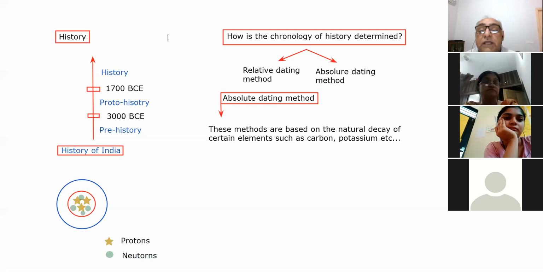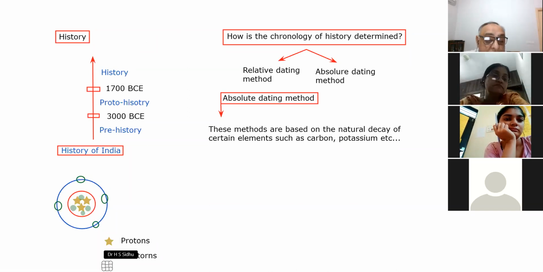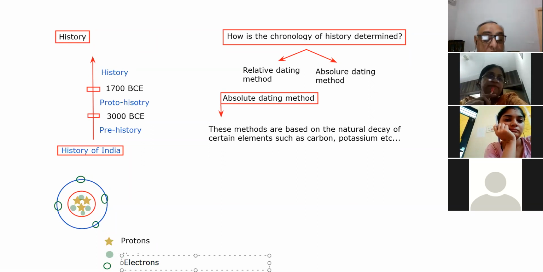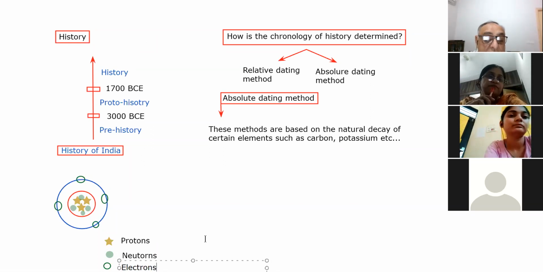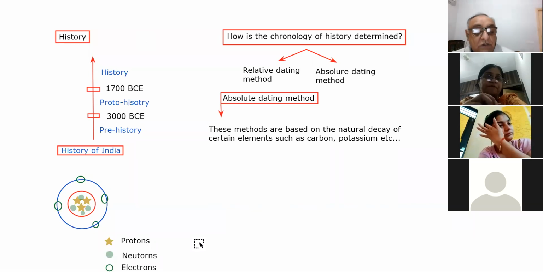And apart from that, there are also electrons. The electrons revolve around the nucleus; they are around the nucleus, you can say like this. These are the electrons. I want to explain this so that you get clarity on how the age is measured. This is also a Science and Technology topic; this is not only history. That is why we study protons, neutrons and electrons.